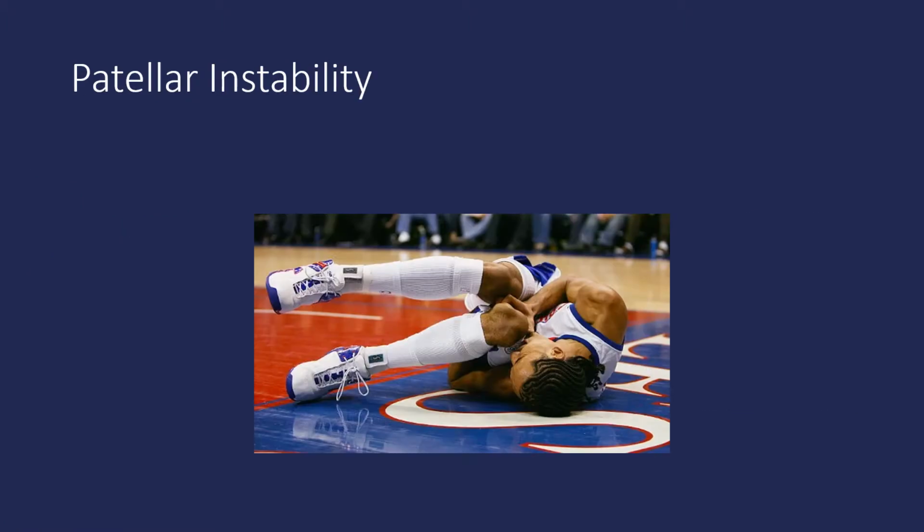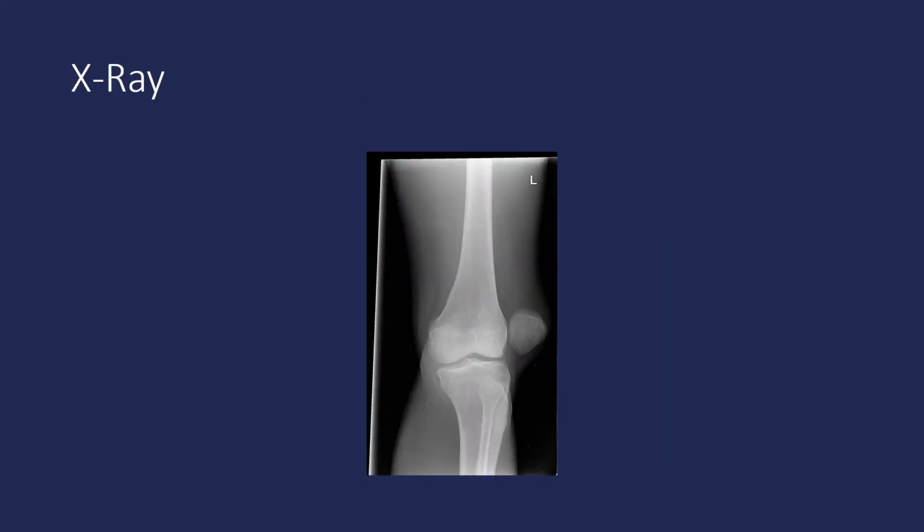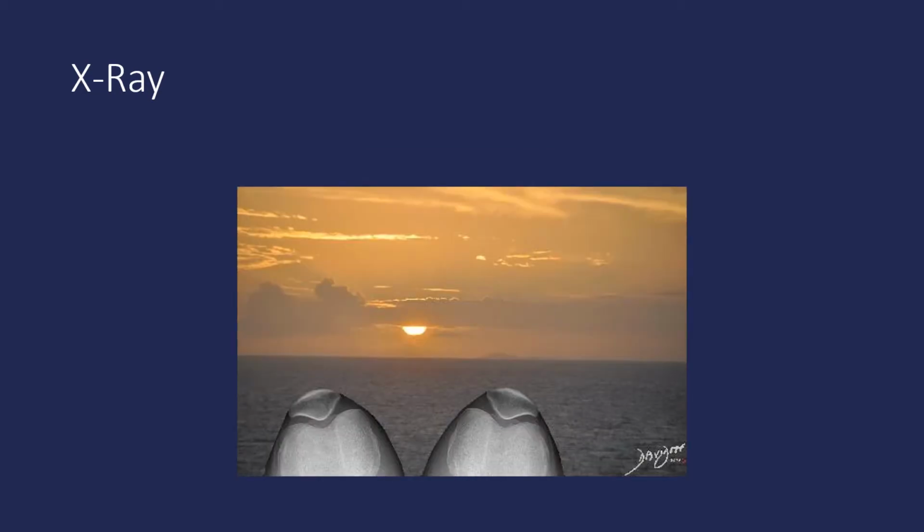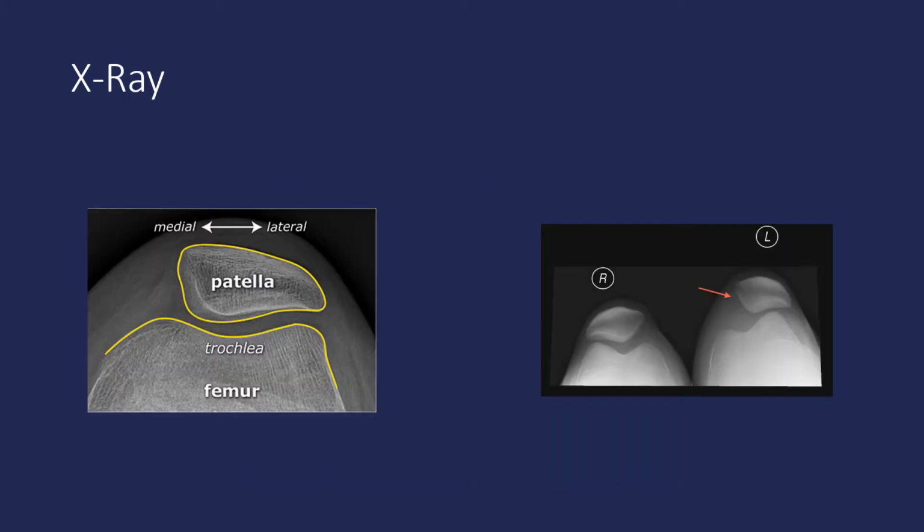Let's change gears now to another pathology about the patella, patellar instability. On this AP view of the knee, you can clearly see a laterally dislocated patella. The sunrise view is a common view to investigate various patellar pathologies that we'll be talking more about in this section. The sunrise view is a great way to investigate patellar alignment and trochlear depth, two important concepts when evaluating